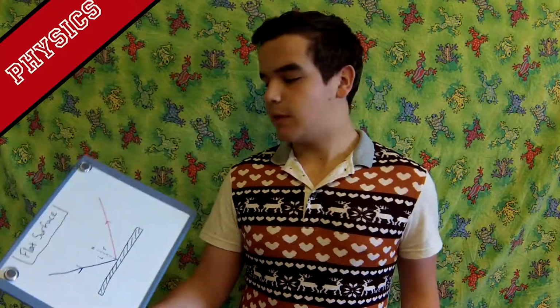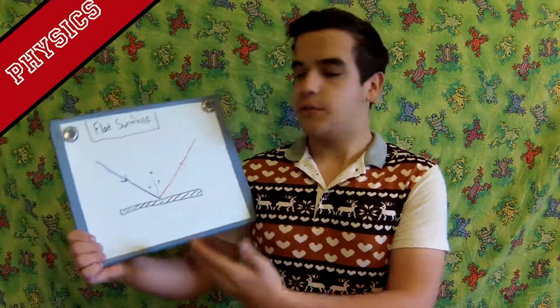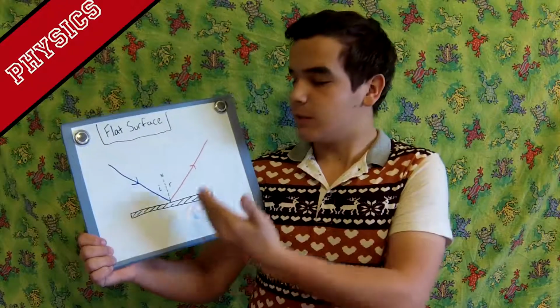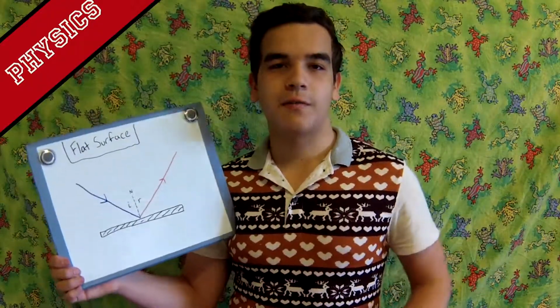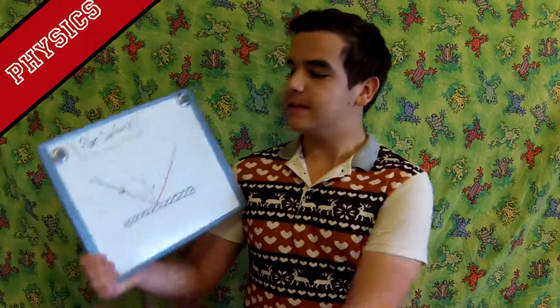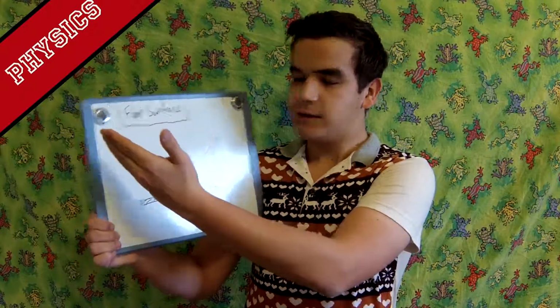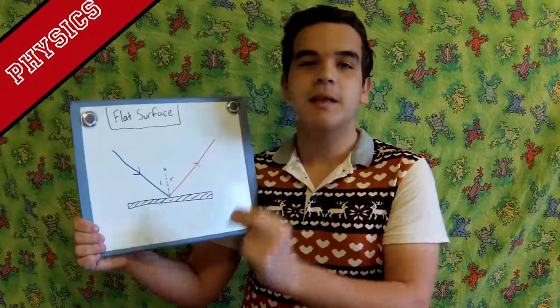It is important to know the different types of reflection that can occur on different types of mirrors. A flat surface is perhaps one of the most important things you need to know about reflection. On a flat surface, the angle of incidence is always equal to the angle of reflection. This is known as the law of reflection. Basically what this means is, whatever angle that the incident beam comes down in will be the same angle that